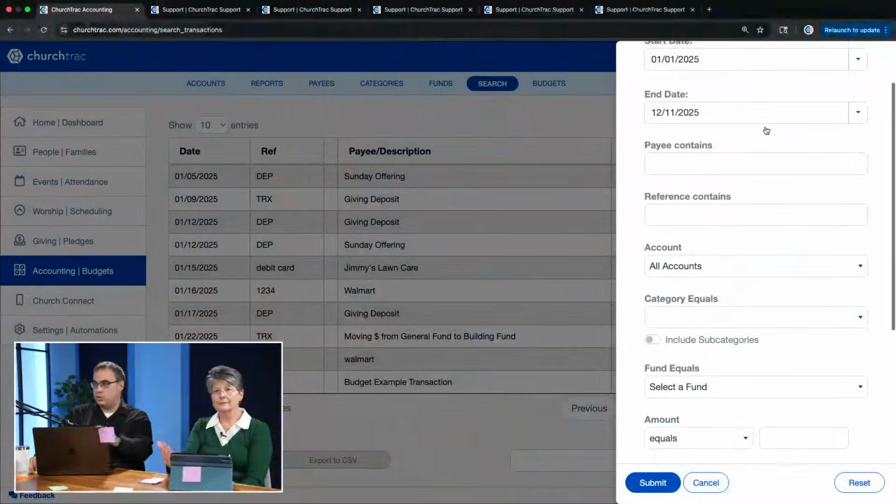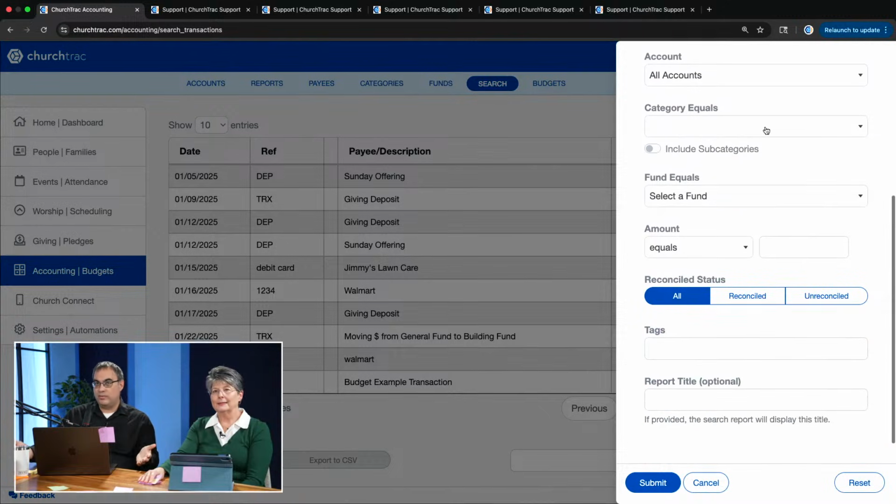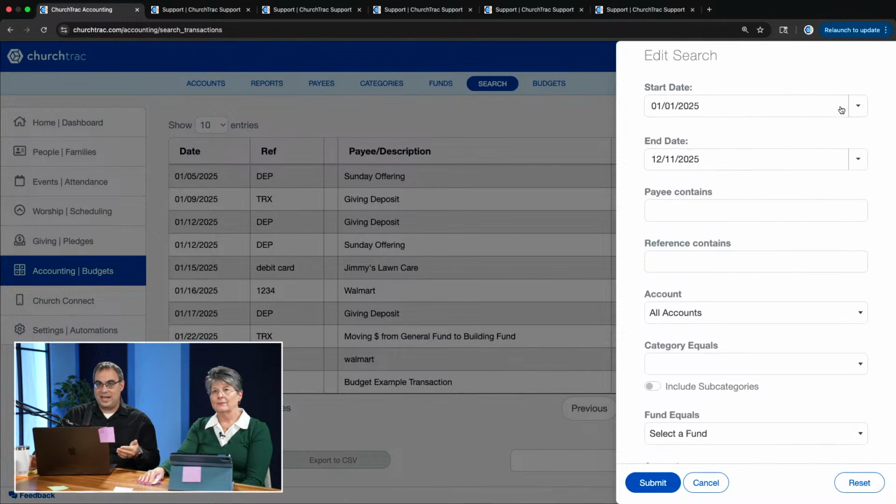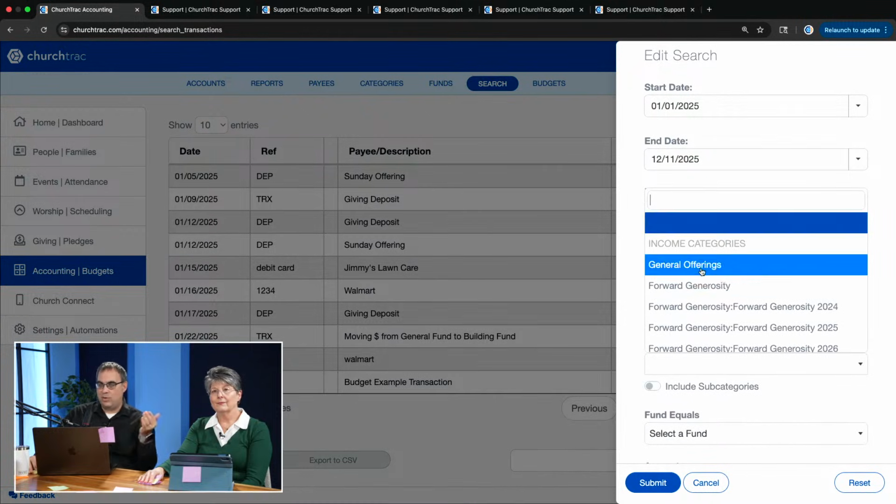You can create your own custom accounting report based on the criteria that you enter. You can see the amount of money that's been labeled with a certain category for a specific date range that you specify. If it's for all of 2025, it's going to show you everything that's passed through that category.